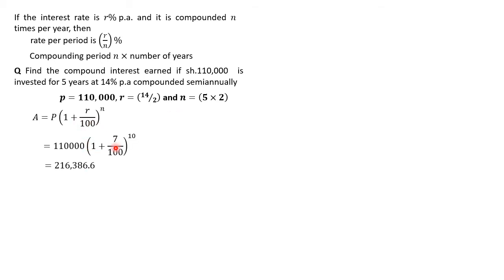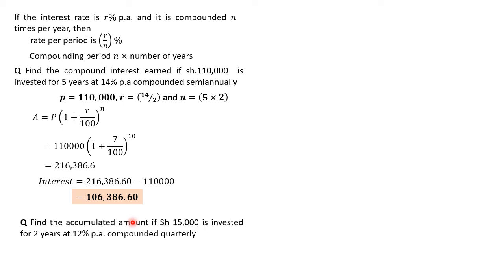Please continue and simplify that. Using your calculator, you get your answer to be this amount here, but the interest will be 216,386.6 minus 110,000, which gives us 101,386.6 shillings. Another question: find the accumulated amount if 15,000 is invested for 2 years at 12% per annum